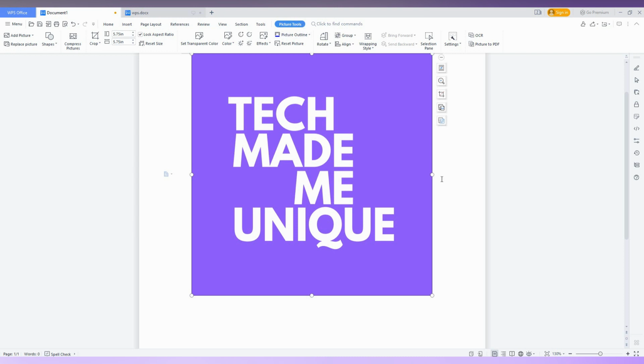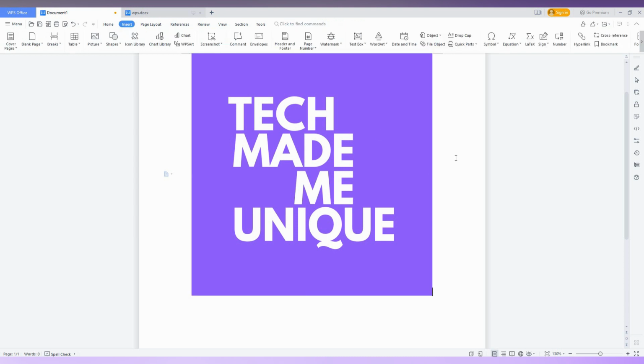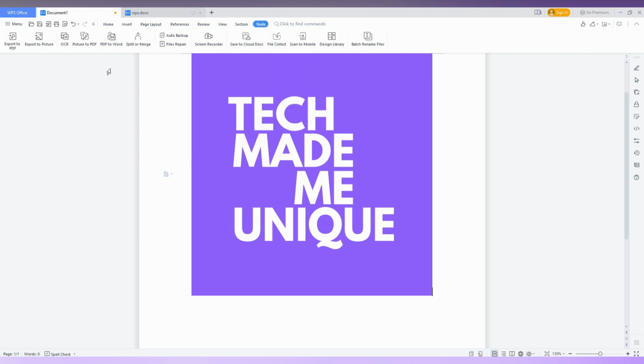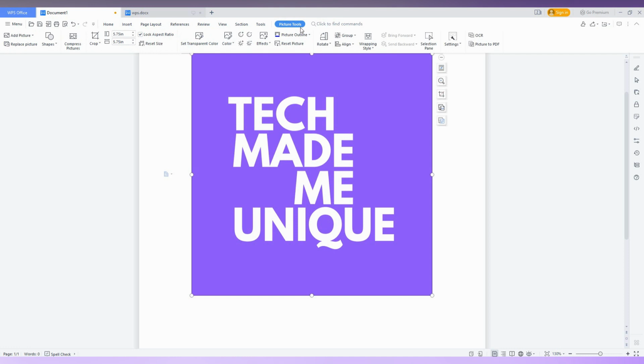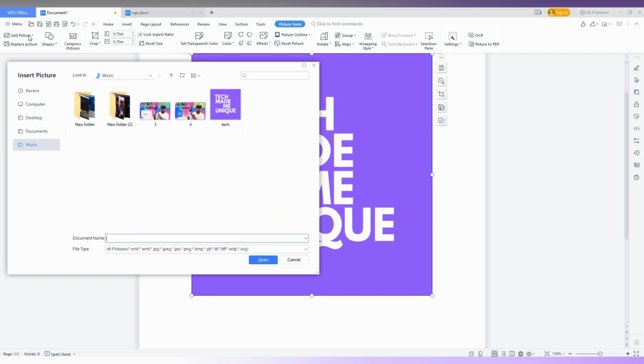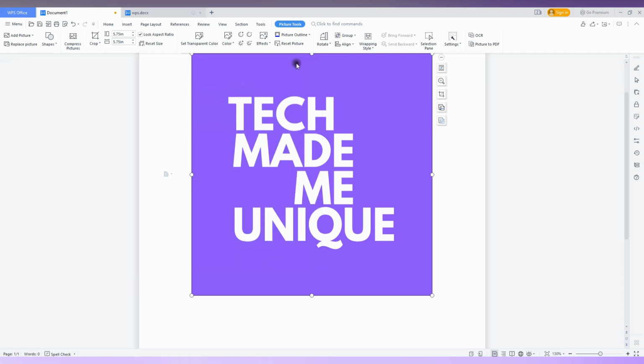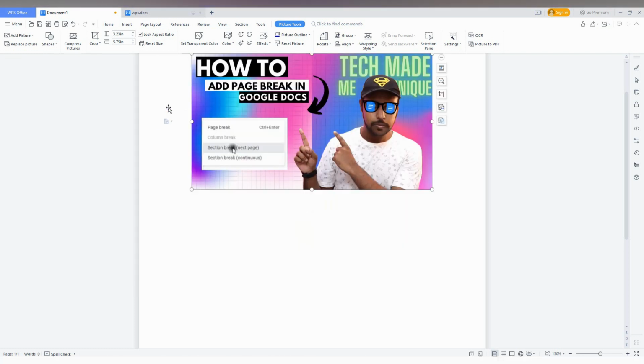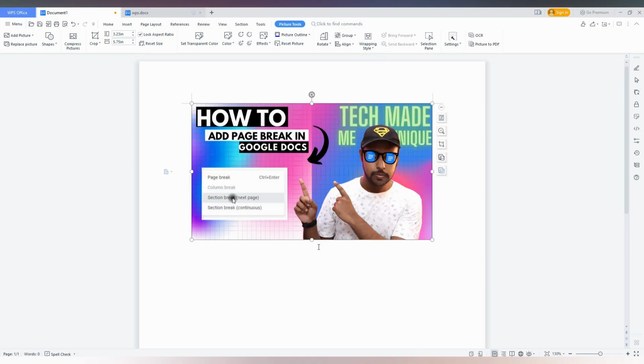has appeared here. If you click anywhere on the screen, the tool will disappear. Don't worry, if you go to the tools, it will not show here. If you just click the image, you can see the Picture Tool automatically updated here, and you have another option called Add Pictures. Now select the image, and you can see the image has been replaced,